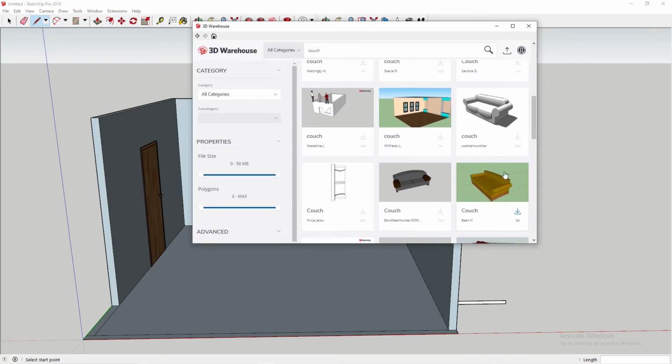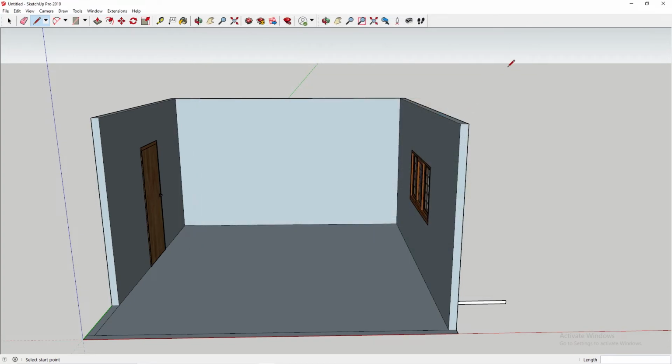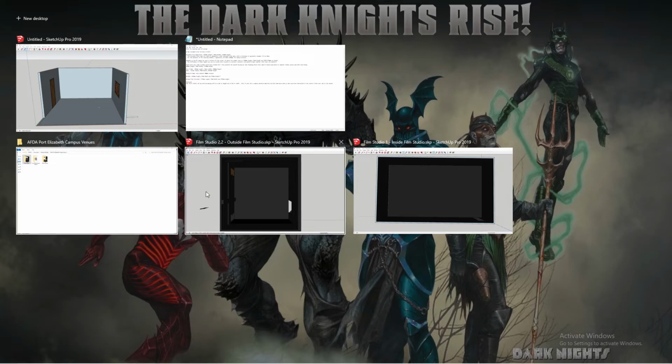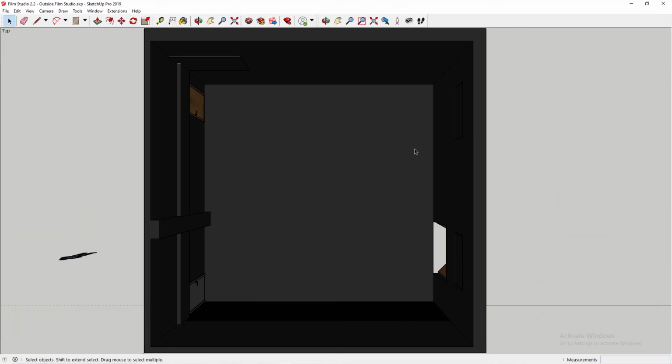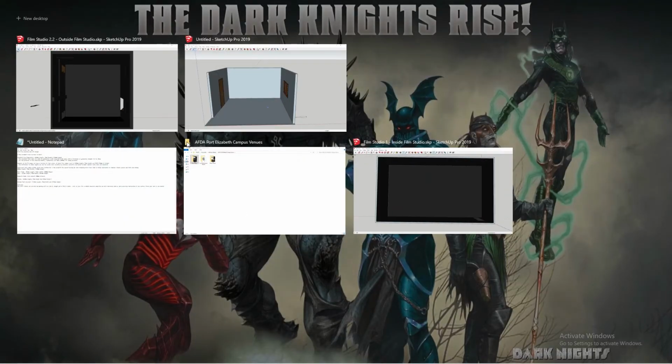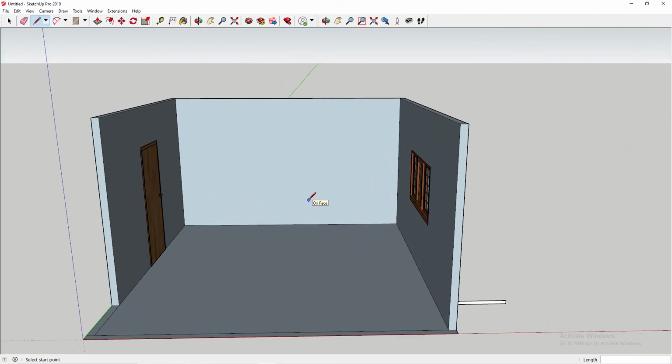But essentially, I can just pour it in the couch and then do it from there. So those of you who are watching this and are at the PE campus, what I can show you is right here is a model of the outside Film Studio 2, the one that we standardly build in. So what I can then show you is, if I go back into this model that we just made,